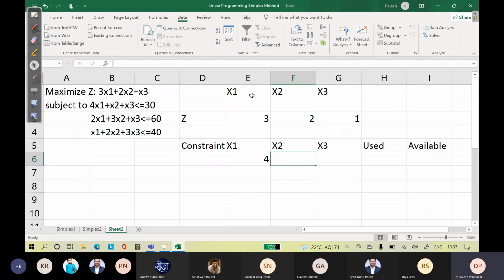This is 4, this is 1, this is 1, this is 30. This is 2, this is 3, this is 1, this is 60.